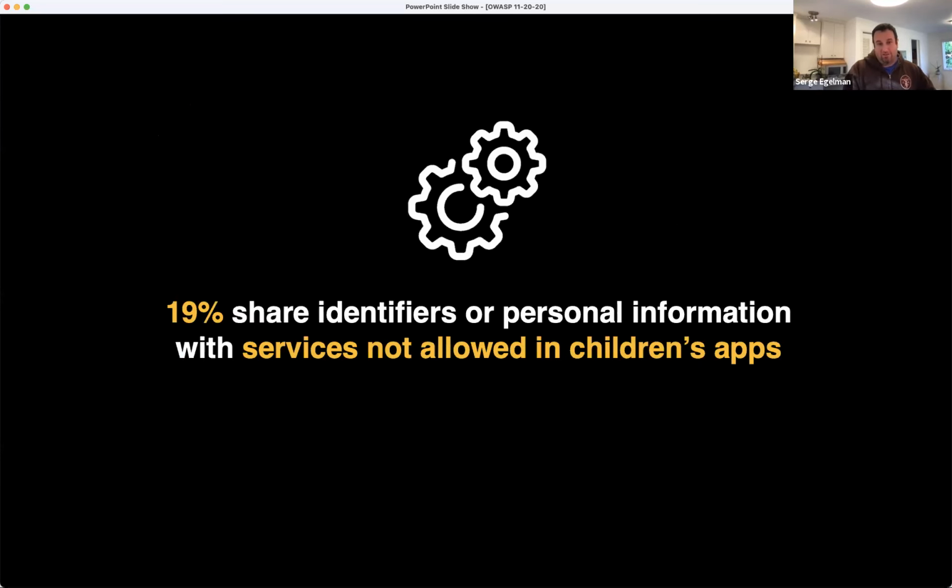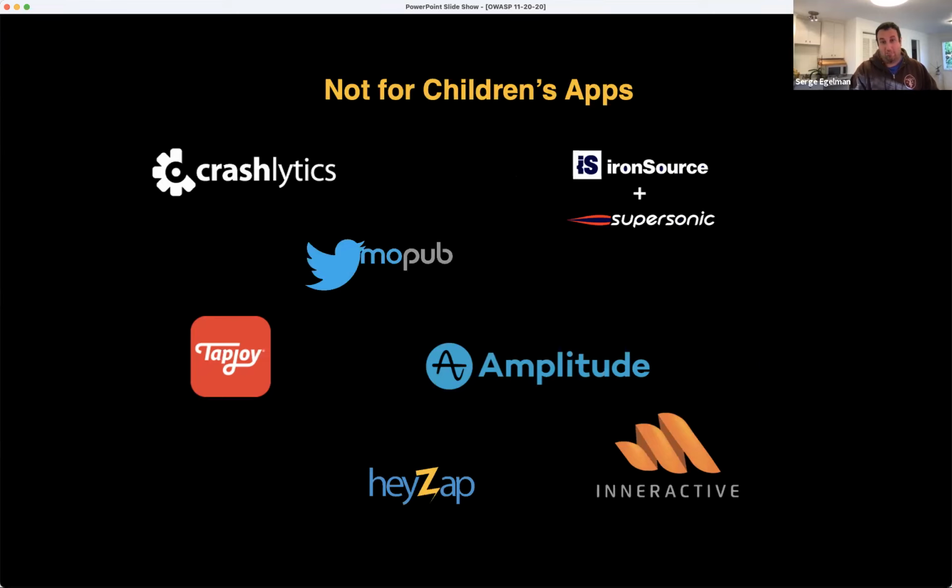A related thing is that we found almost 20% were sharing these types of identifiers with third parties that explicitly said either don't use this in children's apps, or said that the data that we collect will be used for behavioral advertising, which, in both cases, is probably going to be illegal for COPPA purposes. So a bunch of companies outright say this in their terms of service: don't use our SDK in children's apps.